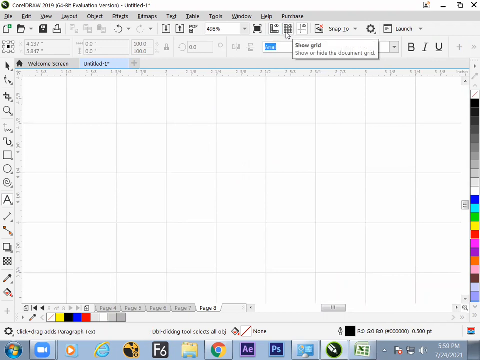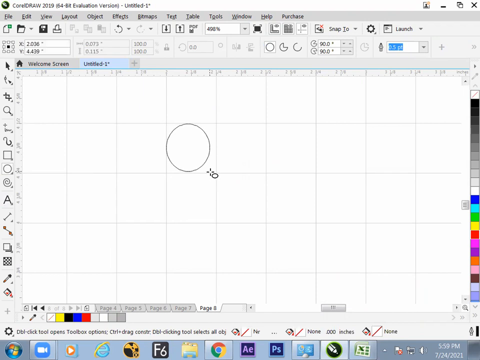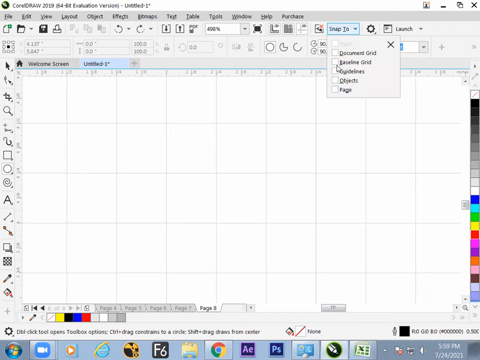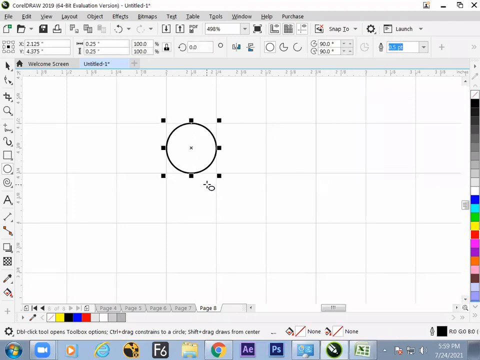So now we have switched to the grids. There is a small button in CorelDRAW on the top side, you can find it in the option bar. Grid on. Now start placing your subject on the grid. And there is an option called snap to grid. There is an option for baseline grid, guidelines, and document grid. So it will not allow you to make a mistake. And the grid can be controlled with measurement also later. But for now, how to turn on the grid and how to snap to the grid, we have learned.